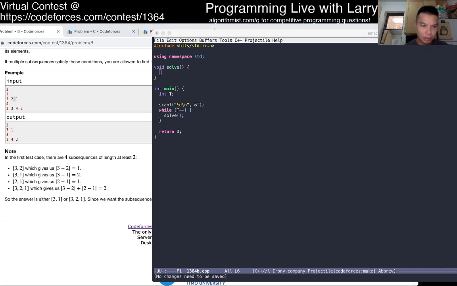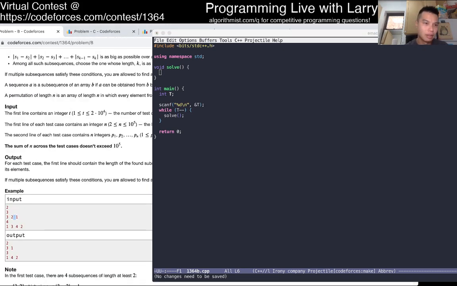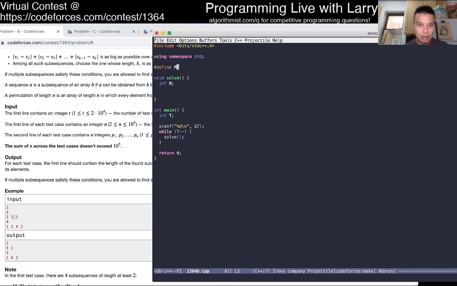So what do I need to do? Let's do the input first. 10, 1, 2, 4, 5. Oh no, it's telling me to update, and now I lost my typing.